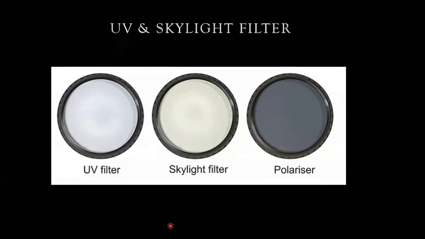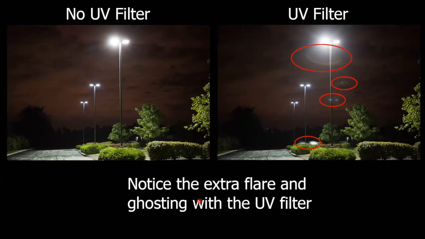Now, let's see what happens with the UV filter. If you add a UV filter and then try to take night photography, that is when you start seeing ghosts. So if you want to shoot ghosts in your photograph, you can use UV filters. They create this funny flare. This is a reflection of the light in the UV filter, which is again captured by your camera, so your camera captures multiple ghost pictures. I noticed this the first time I had a UV filter.